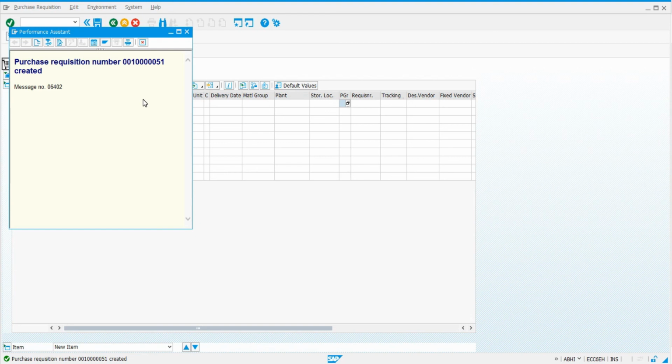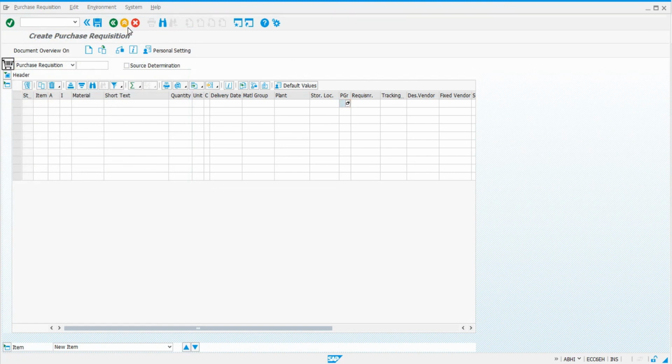So you must have seen that if you are working in a MNC, the MNC will have different plants, but their PR number, strategy and interval is commonly defined or copied. So in that way, any plant is creating a purchase requisition or request for quotation, that number will run in series. There will not be duplicacy of any number in between any plants. So that is an important part to understand. So now we'll go back.